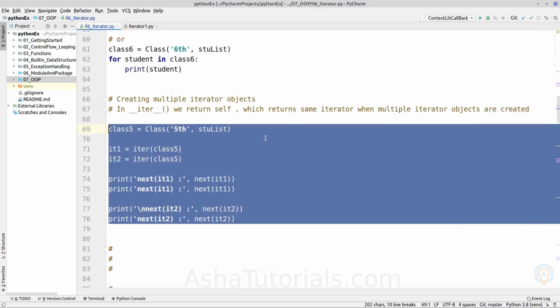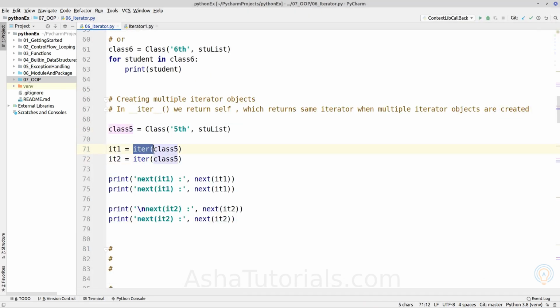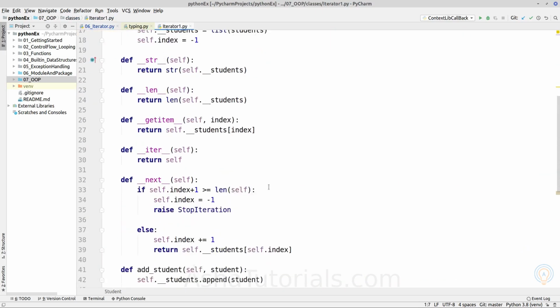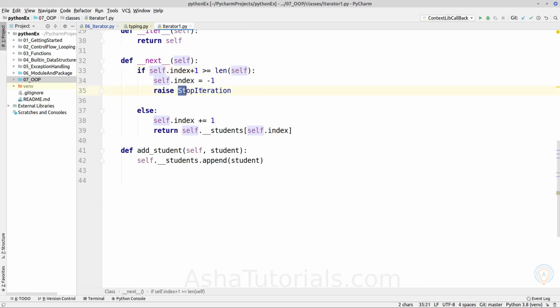the iterator call, or when the iter method is invoked, we need to return a different object each time in order to support parallel iteration. One thing to notice in the previous example is that when we reach the length of the collection, we raise StopIteration and we also reset the index. So the next time the next method is called on the same iterator object, it will begin from the first element of the collection. So the same iterator object is reusable multiple times.